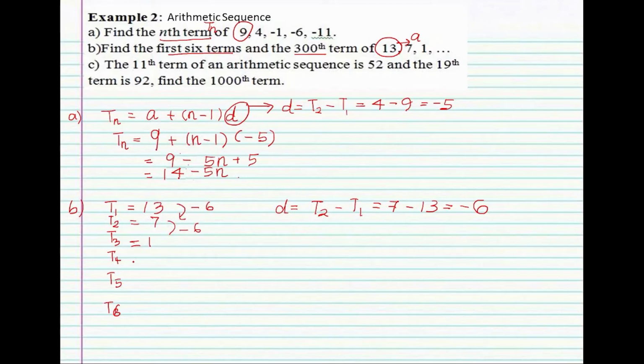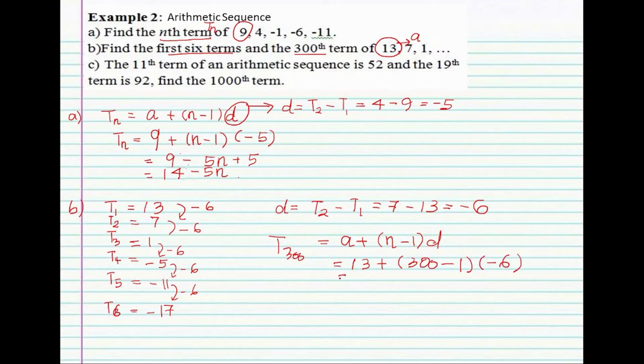And then for the fourth term, 1 minus 6 is -5. Continue, -5 minus 6 is -11. And then the last one, the sixth term, -11 minus 6 is -17. We've done the first part and then continue with the second part, T300. T sub 300 equals A plus (n minus 1) D, where A is 13, plus 300 minus 1 times -6. And then we will get the answer